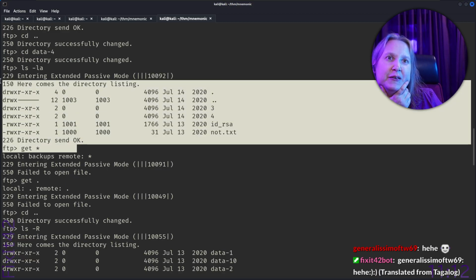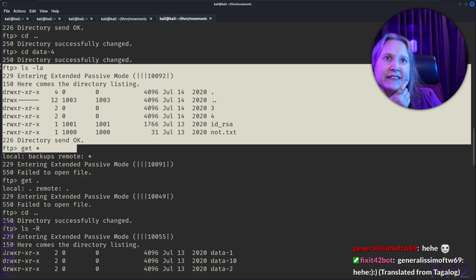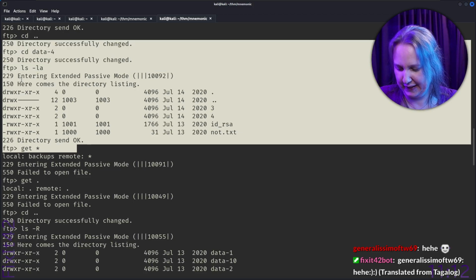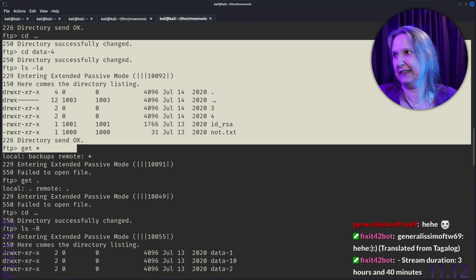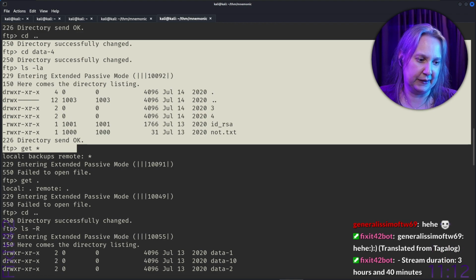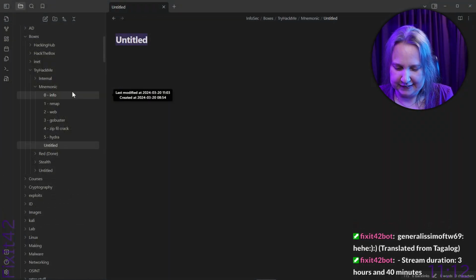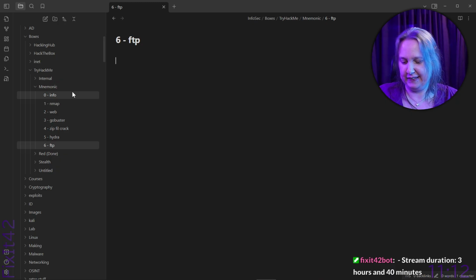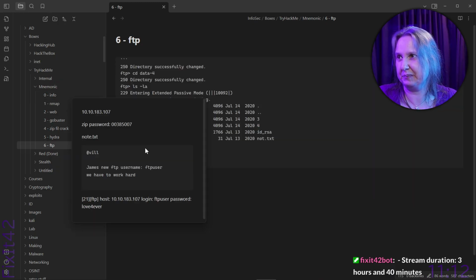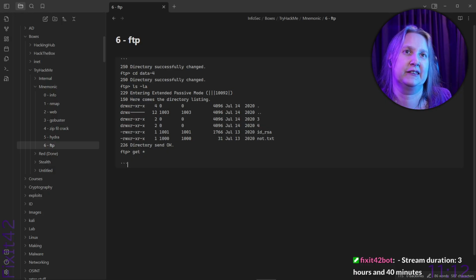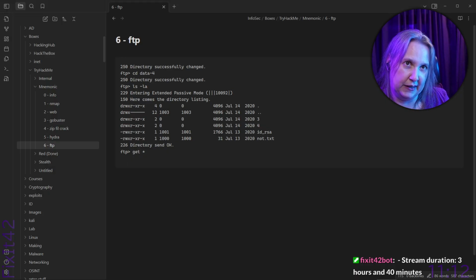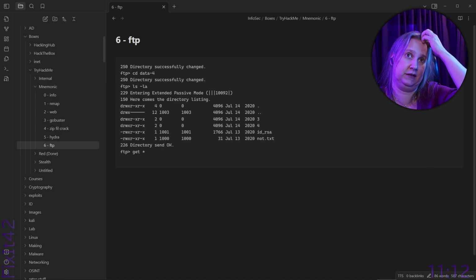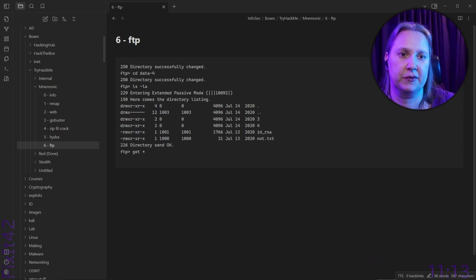So, for the FTP, let's just do this. For our logs, and I'm adding a new note here, which is 6 FTP, and I'm going to just paste this bit in. The connection. Should I do it now? No. This is too boring to do on stream, and we have a time limit, and I won't remove this prompt. I'll keep this up so I can copy it later.